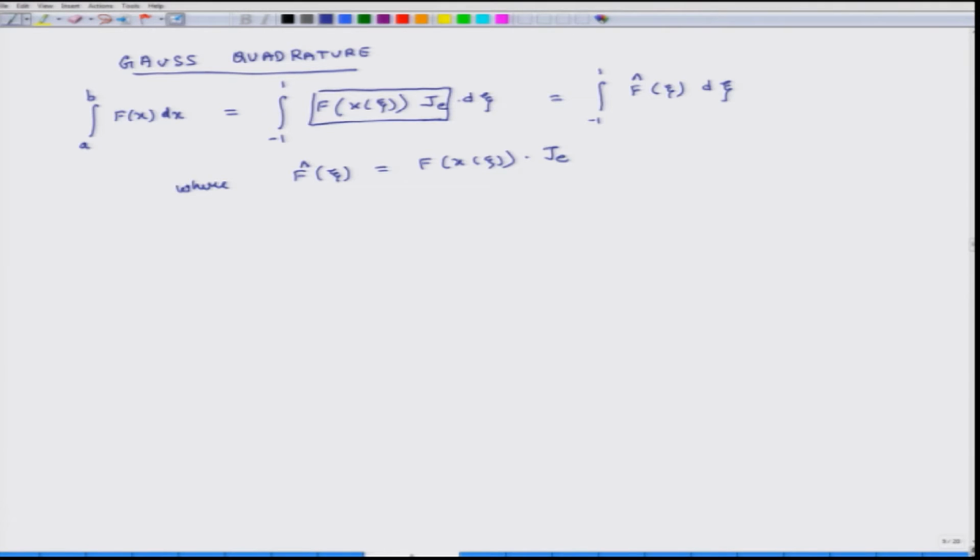Now, this is an integral, so I can call it some I. Earlier we had seen